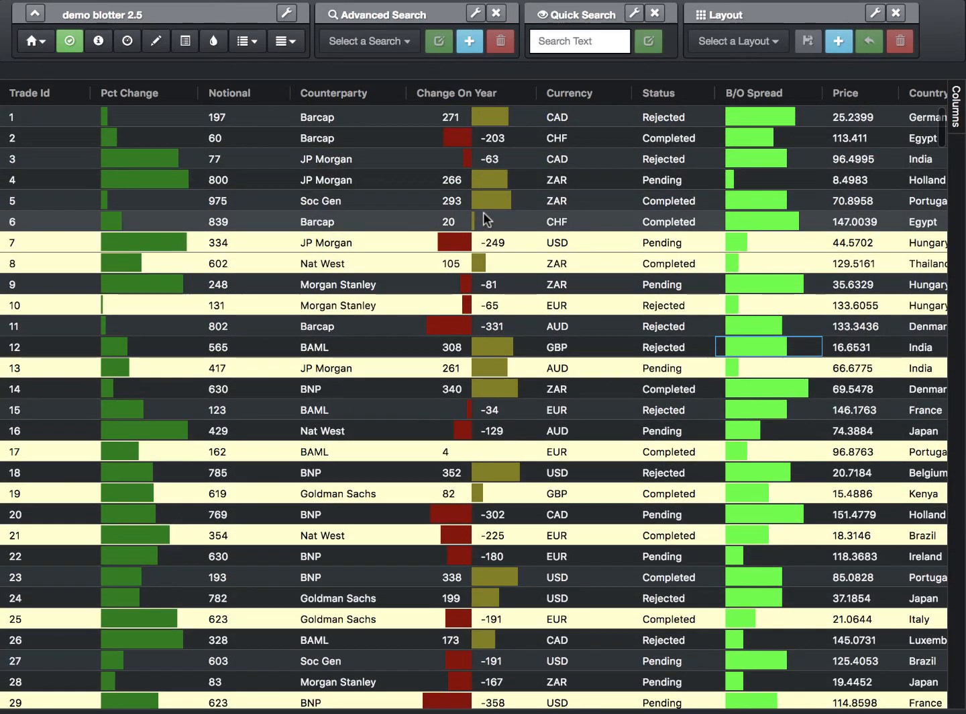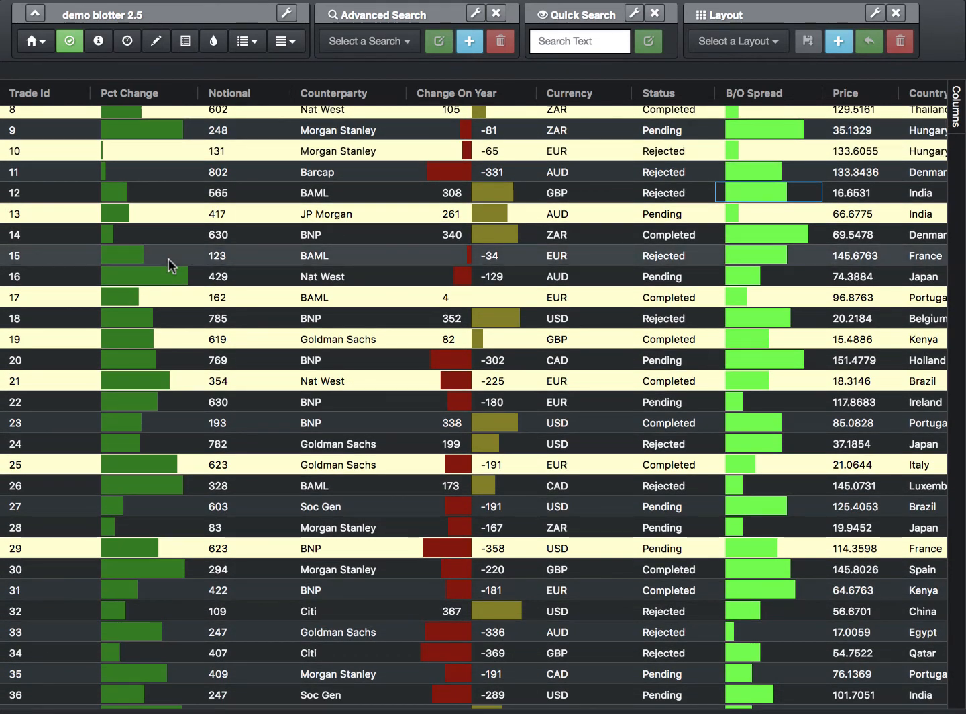So there we are, %bar, a very simple way either at design time or runtime to render a column in such a way that you see the column, you see the value visually, depending on kind of how big it is compared to the range